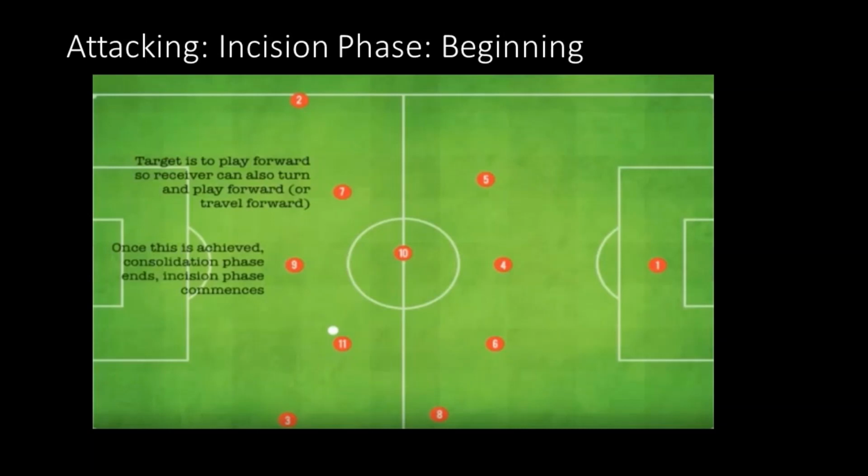So in this situation right here, as you see, the number 11 has the ball, which is a forward. In that incision phase of the field, it built up nicely from the back. As you see, the goalkeeper at number 1 to the right is in the back end of the field. The defenders have moved upfield. You see your center backs, your number 5 and your number 6, have moved up to half field. And even the outside backs, the number 2 and the 3, are already in the incision and almost in the finishing phase of the field. So we've thrown numbers and successfully got to this point.